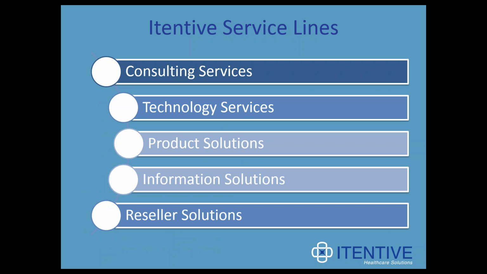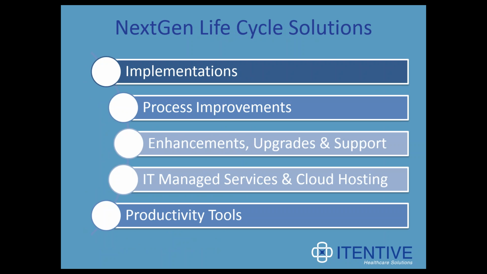We have 5 service lines within the organization, and through those 5 service lines, we can provide these types of services as a point solution or in combination as an integrated solution. So we can do implementations of NextGen. As I mentioned, we can do process improvements, workflow improvements. We have a group of developers that can do template enhancements and provide upgrades to NextGen, as well as provide